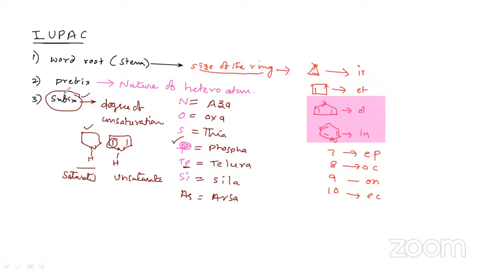Okay, first one, word root. Word root gives information about the size of the ring. Prefix describes the nature of the heteroatom. Suffix denotes the degree of unsaturation. Okay, so for example,